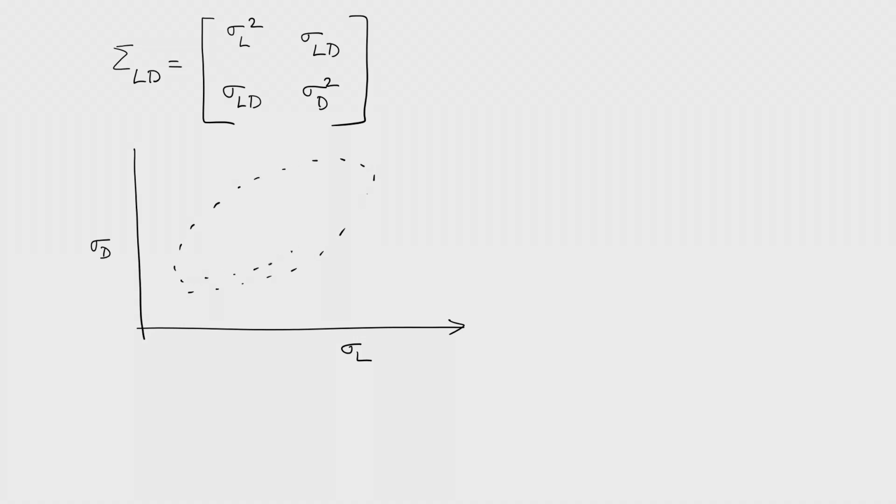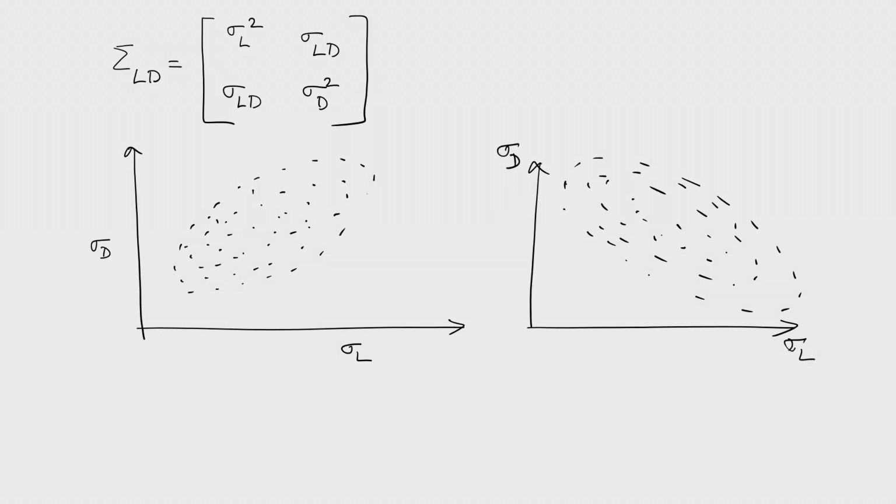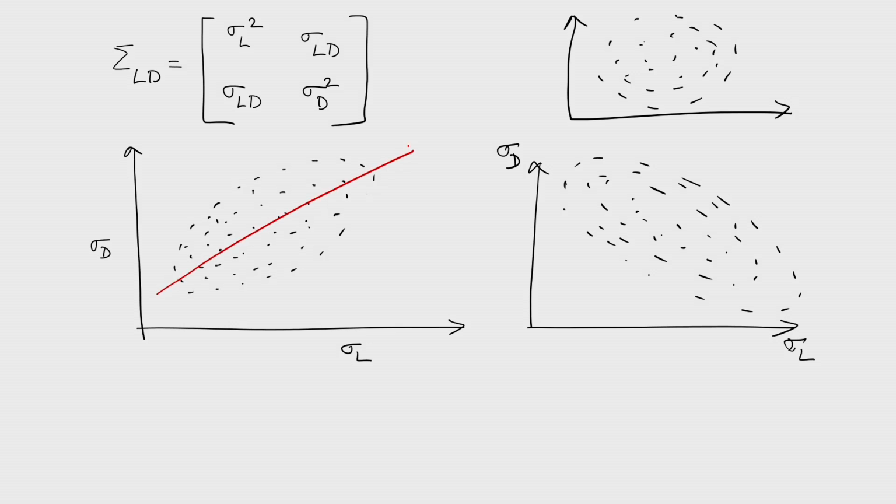These errors I am trying to plot, n number of samples, are randomly distributed. There could be other possibilities like this, where they could be like this, n number of measurements. There is another possibility. Let us say this is sigma L here and sigma D there. One more possibility is like this, where n number of observations are like that. There is a clear linear trend I can draw between the two variables. Here I can see a linear trend, but there is no trend here.